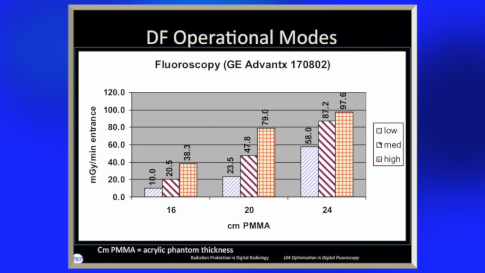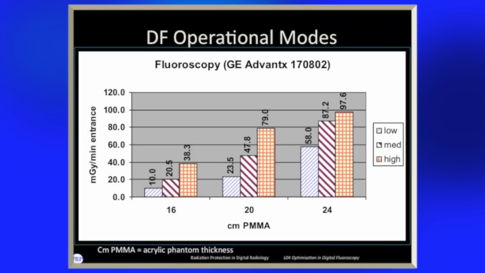Well, what they've decided when they go down to the lowest is they can put up with a noisier image. It doesn't have to be as high quality as one where you use the highest dose, and it just depends on what's being done. The next part of this shows a medium-sized patient at 20 centimeters, and the lowest dose would be 23.5. The medium up to 47, almost 48, and the highest one at 79, which is substantially more than the little patient, but still, you can give them the small amount if you can deal with a noisier image,